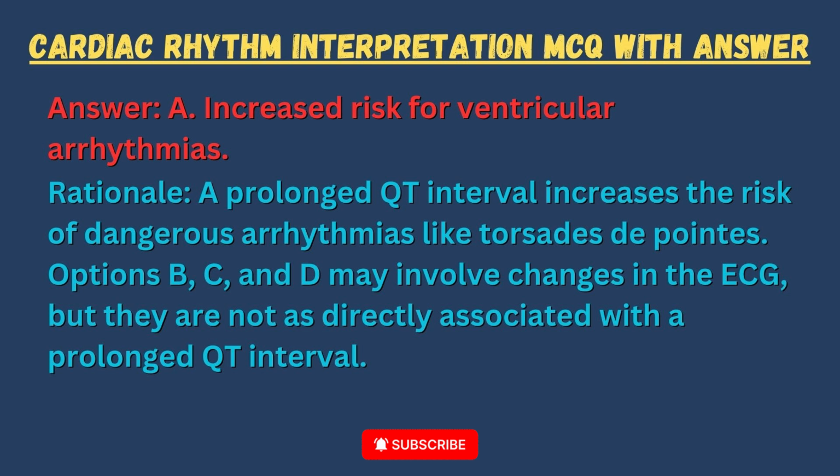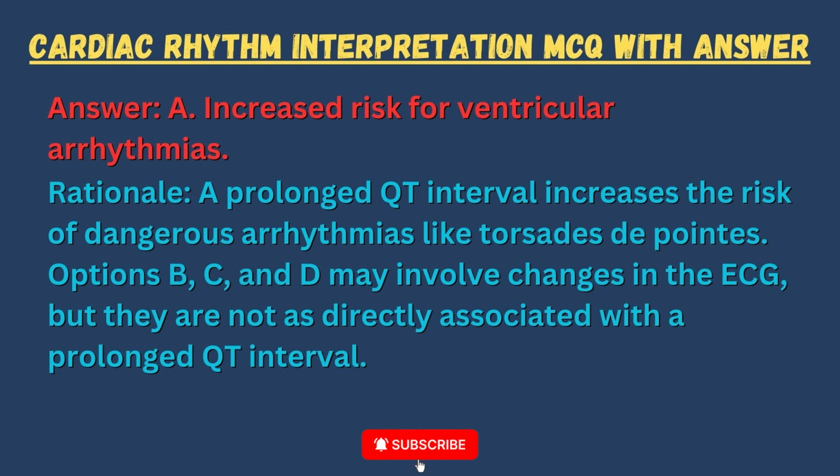Answer: A. Increased risk for ventricular arrhythmias. Rationale: A prolonged QT interval increases the risk of dangerous arrhythmias like torsades de pointes. Options B, C, and D may involve changes in the ECG, but they are not as directly associated with a